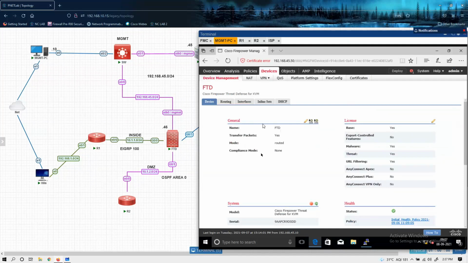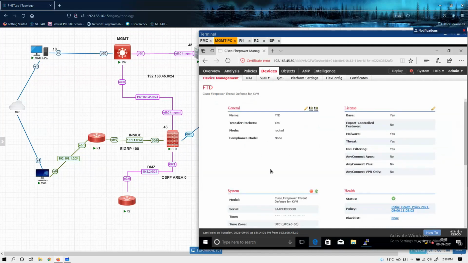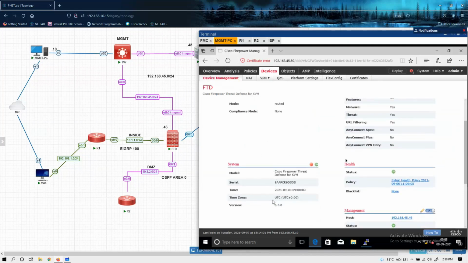So here you can see name FTD, transferring packet yes, model number, serial number, operating system, these things, license.